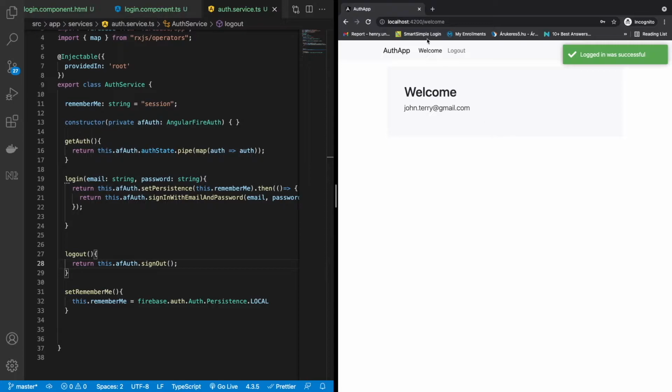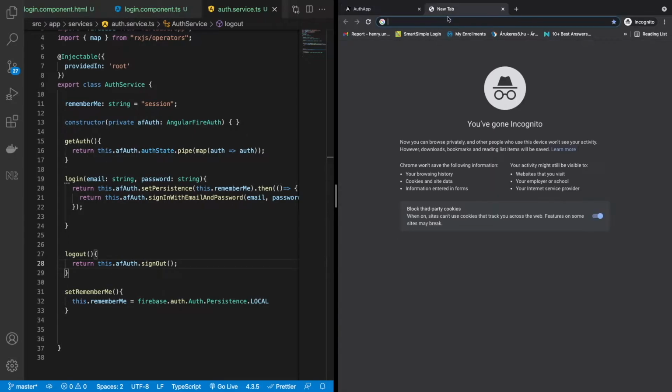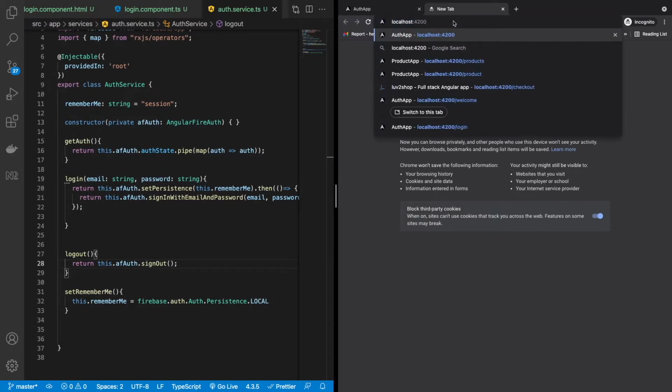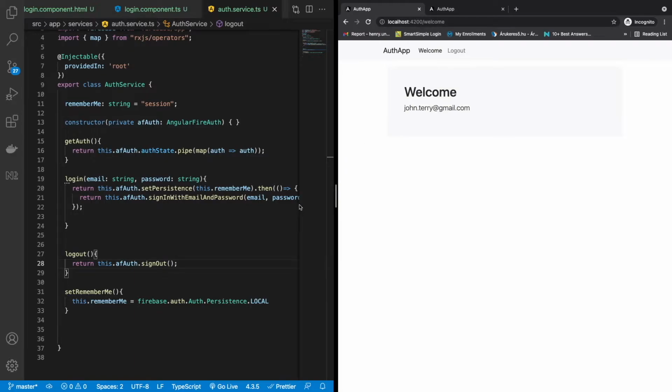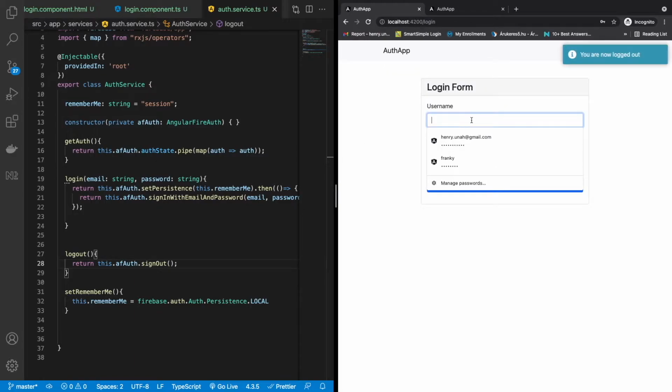You see I'm logged in, but then when I refresh the page, I'm still logged in because our session is local. Okay, and even with session, you'll still be logged in, but then local takes it a step further, that when you open a new tab and then you navigate there, oops, did I check that local button? You'll still be logged in. So let's see,